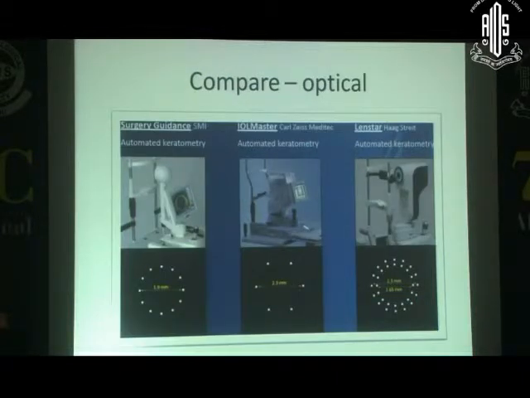When you go to the newer machines with automated and SMI, it is about 1.9 millimeter. With the Carl Zeiss IOL Master, it is 2.3, and with the Lenstar, there are multiple points. So theoretically, Lenstar will give slightly more accurate values as compared to IOL Master because multiple points and two regions are analyzed.